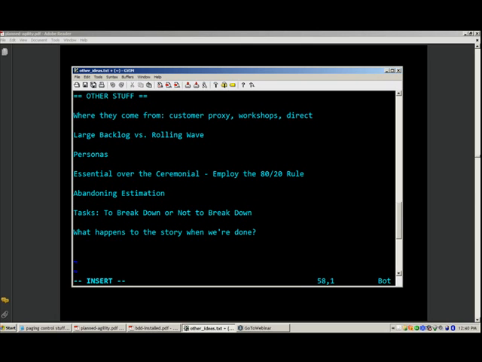Large backlog versus rolling wave. So this is a little tangential, but the idea that we're going to have 300 stories in our backlog, and everyone's going to have an estimate, so we have this perfect knowledge of when everything's going to be done. Sometimes the product burn down or burn up is a visualization that we use to see this. I'm not a big fan. I think that if you can get away with it,